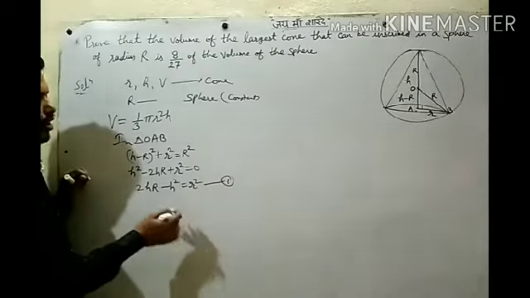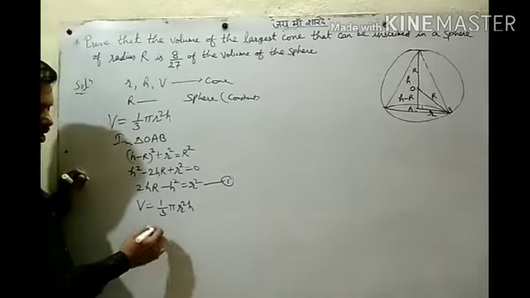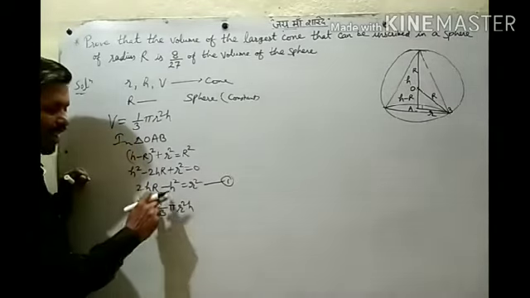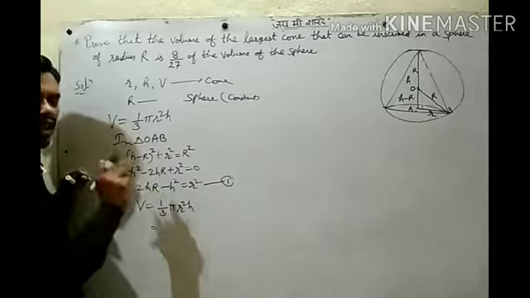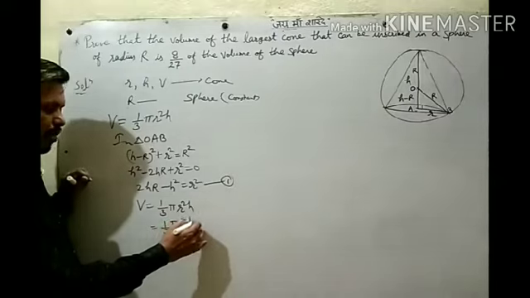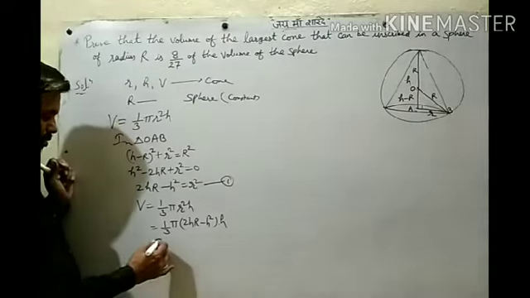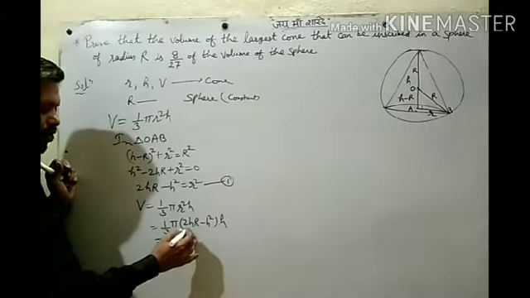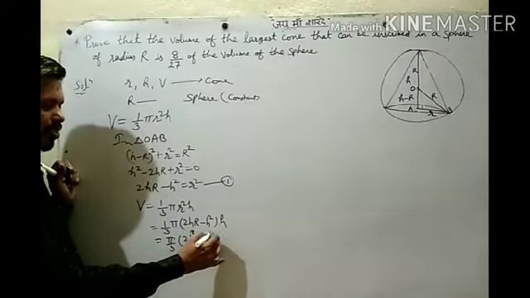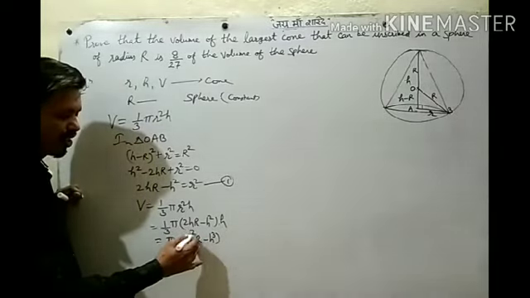Okay. Now the volume of the cone is 1 by 3 times pi r square h. We could convert h in terms of r, but here we have one equation in h, so it is better to convert r square into h. So 1 by 3 times pi r square, from the first equation we have (2hR minus h square) into h. So it is equal to pi by 3 times (2h square R minus h cube). Okay, so the volume is now in only one variable, h.